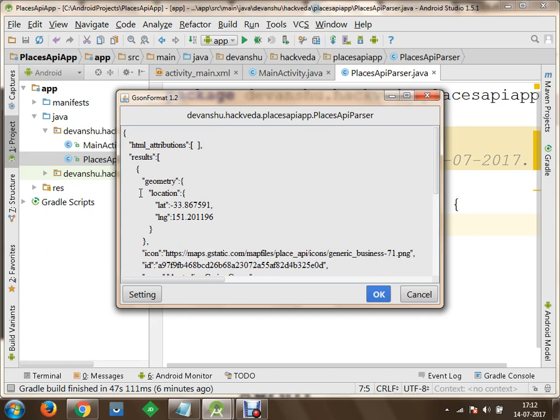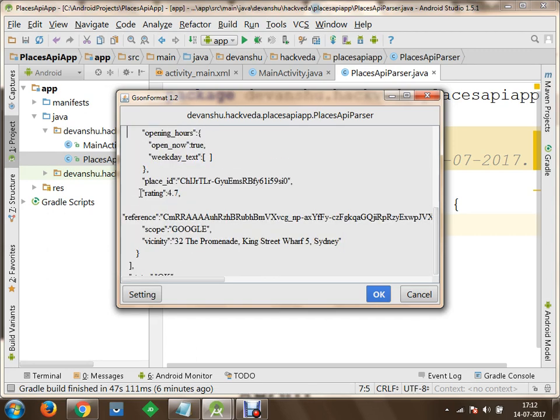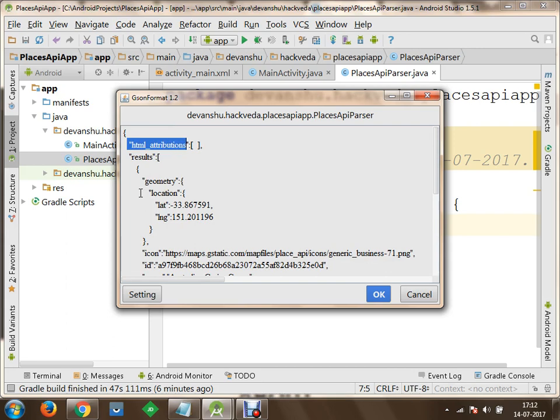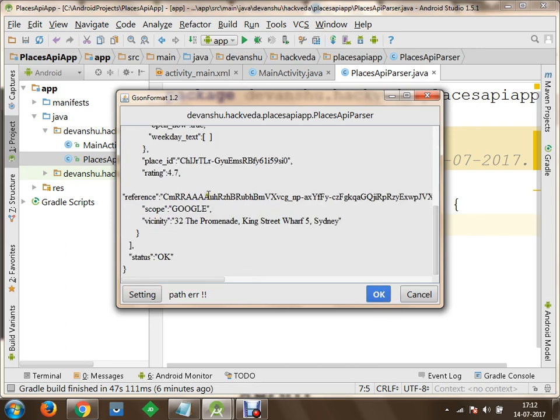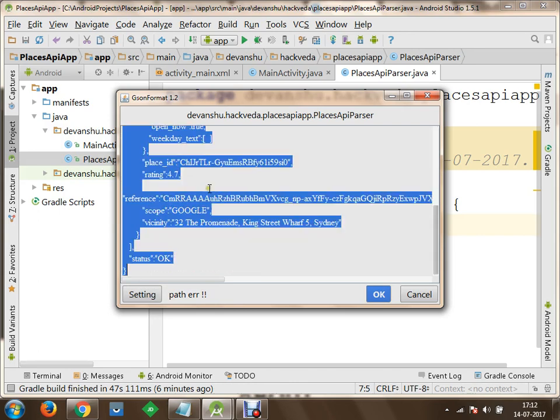I've just modified the code here for the HTML parser, and I want to read only that information which I want to read from the parser. So some of this has been done. Now I would like to quickly click OK, and I would like to generate the response. Path error.